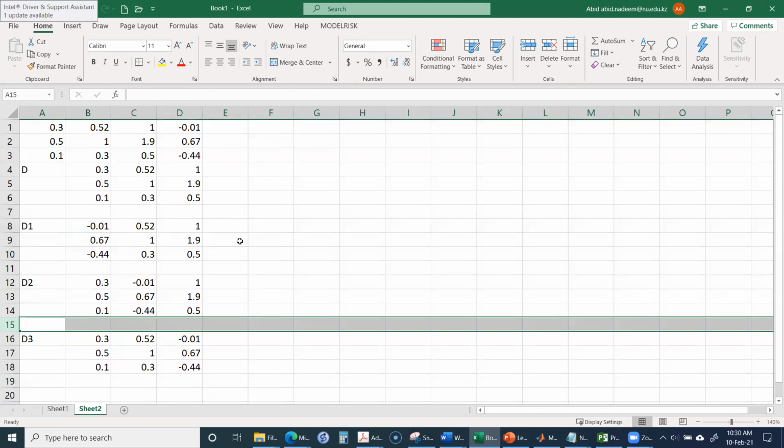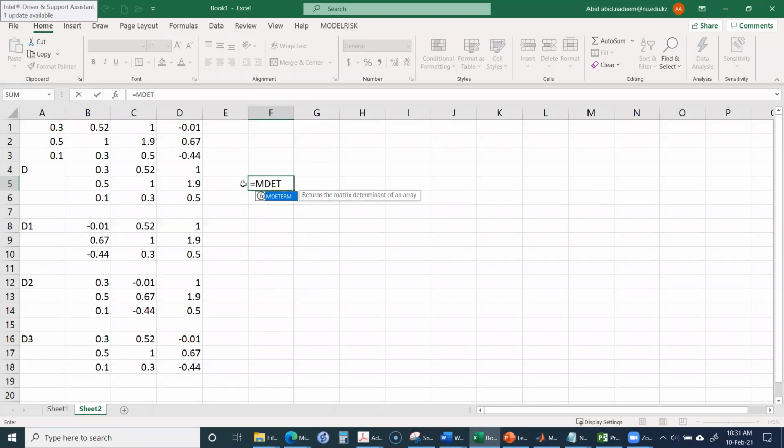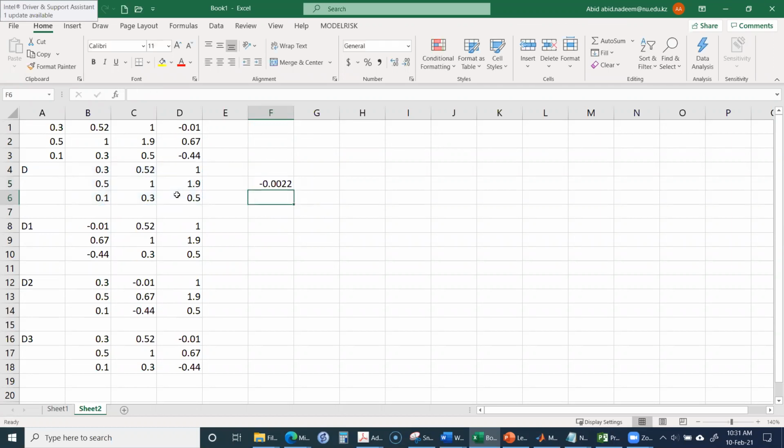So I am just applying Cramer's rule. Okay, so what will be the determinant of this? Let me write down the determinant of this. MDETERM is the command for the determinant in Excel. So I will select the matrix and then close the bracket. So it is minus 0.002. And now,